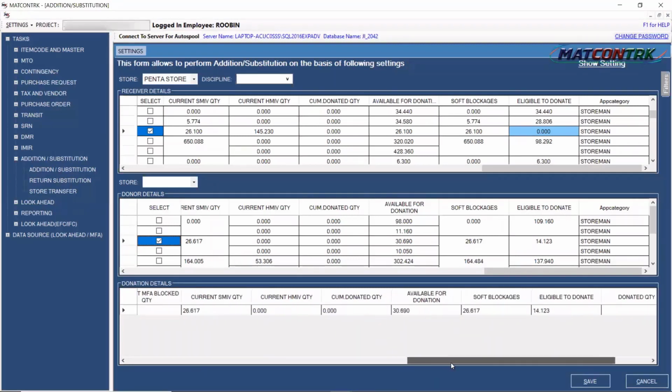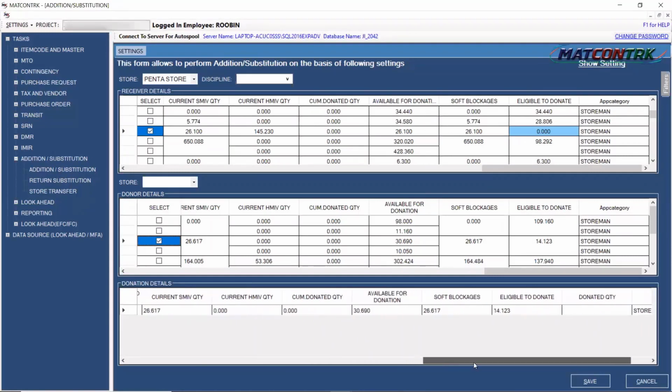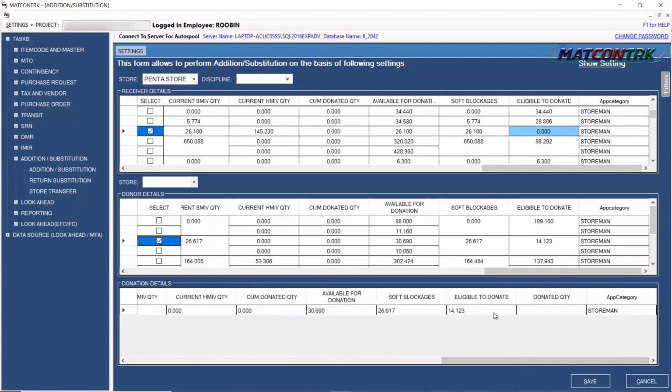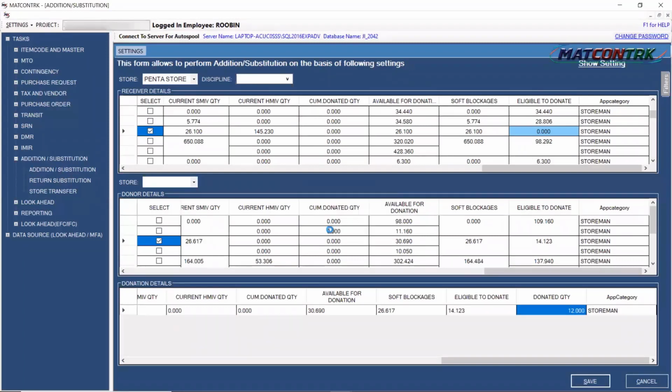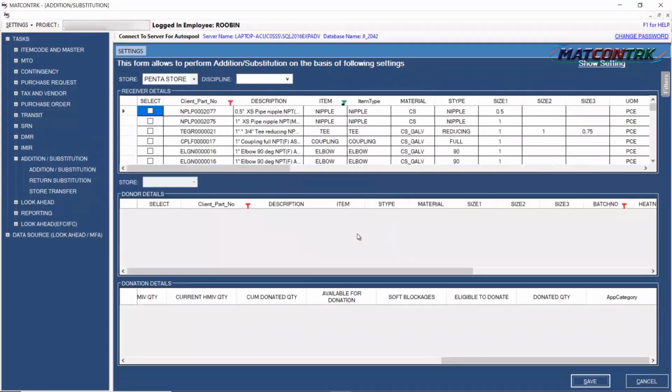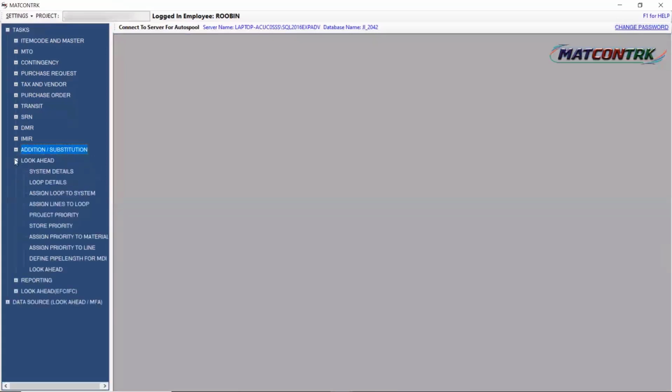Available for donation, soft blockages, eligible to donate. So 14.123 is the donation eligible quantity. And in the second last column, donating quantity, I can enter the quantity I am looking to donate. So I have entered 12 meter quantity, and with this method, I can save these procedures. So that was the substitution side.